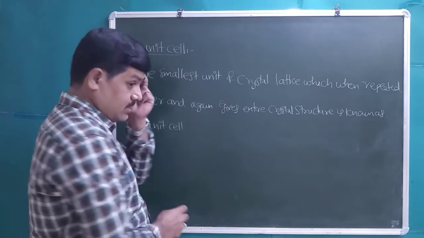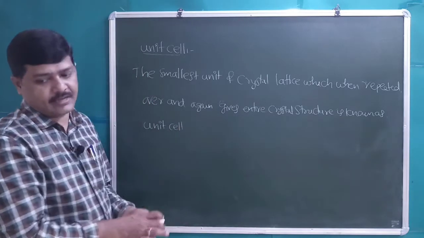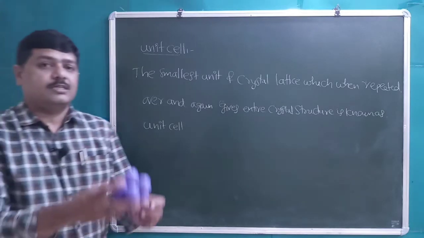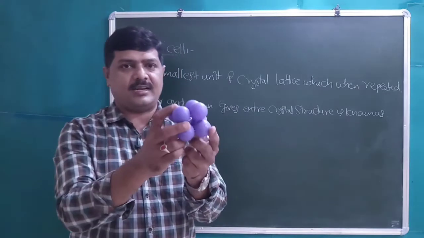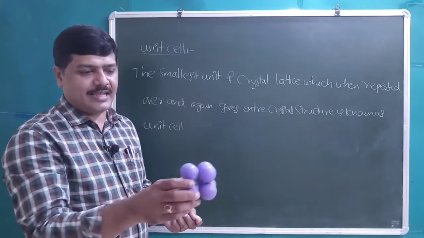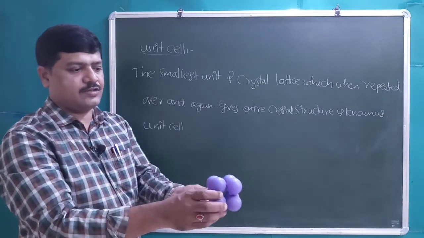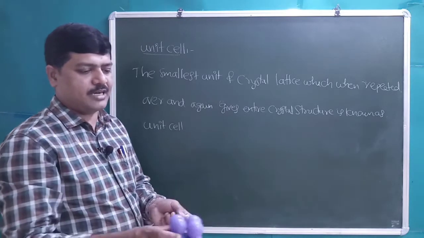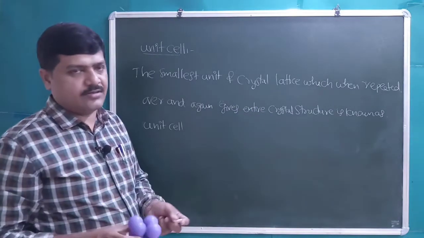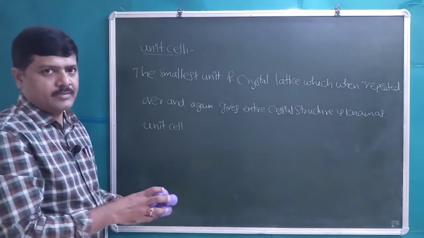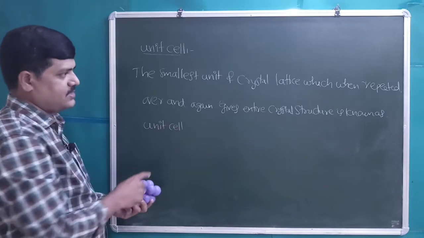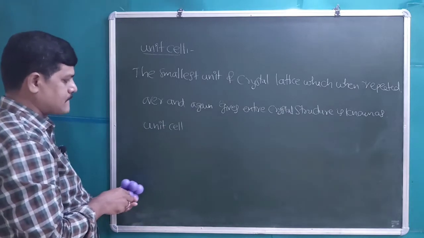Students, for example, a given crystal structure is cubic. That unit cell, the smallest unit, is present like this in the cubic crystal. So this is repeated many times in all the directions. Let us assume this is the x direction; it is repeated millions of times. In all the directions, this is repeated to get the crystal structure. That smallest unit is called a unit cell.